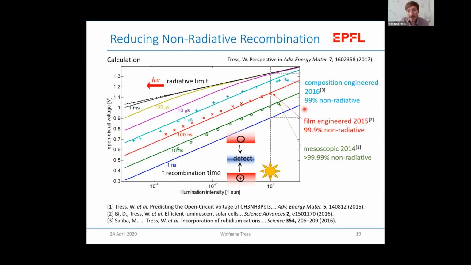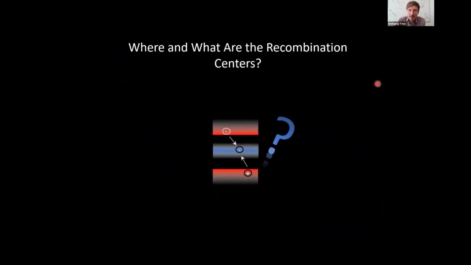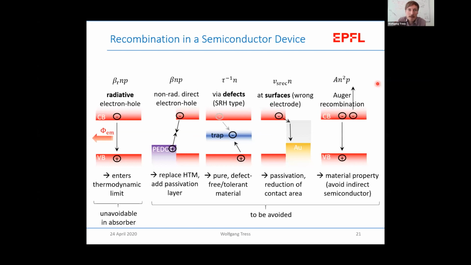But what I want to state is that even in this device, we still have roughly 99% non-radiative recombination. So the radiative yield, the luminescence we just saw in this picture, is only in the single percent regime. So there is still something to understand about these non-radiative recombination centers. And I just want to show a few studies where we try this more from the experimental side. We try to make some devices, vary some parameters, and see how luminescence properties and the open circuit voltage were affected. And for this, I just want to show this cartoon where you can already recognize